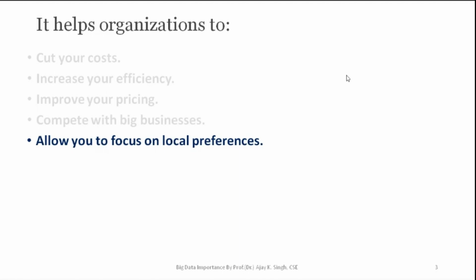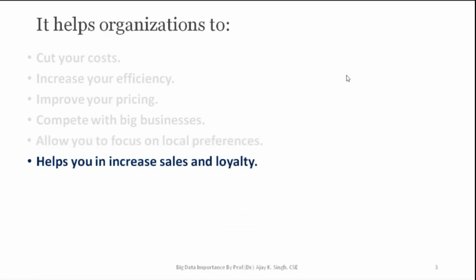Again, here also big data is playing a vital role. Each and every person's profile is there on the server, his liking, his disliking, and all that. Based on that, they are going to target the locality, so local preference has to be taken care of. Fine. Next, it helps you to increase the sales and royalties. If you have the big data aspect, you are going to increase the sales, because then only you can fluctuate your market price or increase or decrease the features of that particular thing in order to get maximum profit.